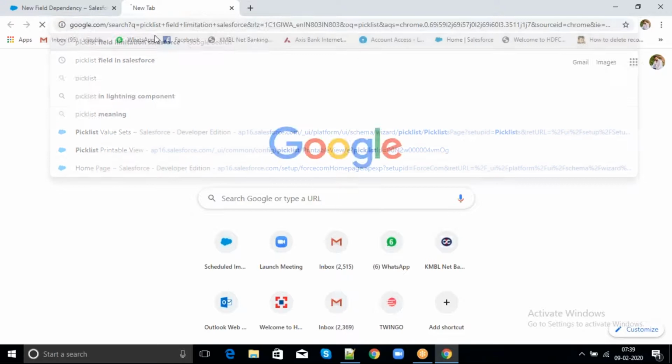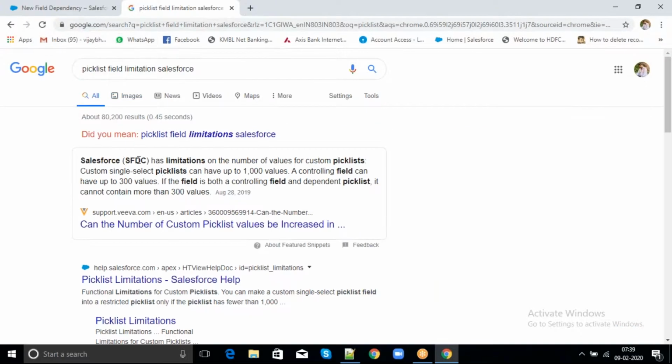Pick list field limitations. See, Salesforce SFDC has limitations on the number of values of the custom pick list. Custom single pick list can have up to 1,000 values. There we are adding countries, states, right? Now we have entered only 4 or 5.